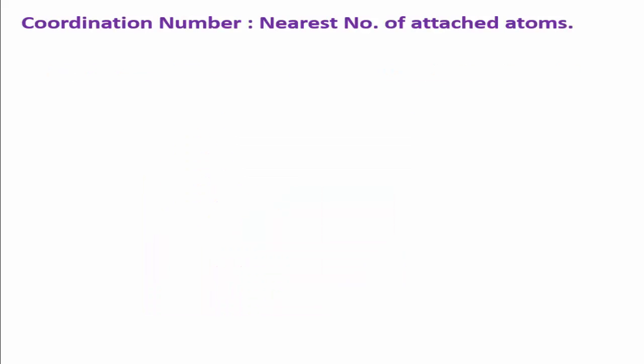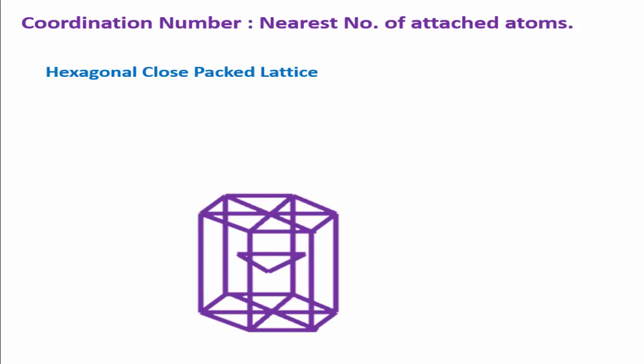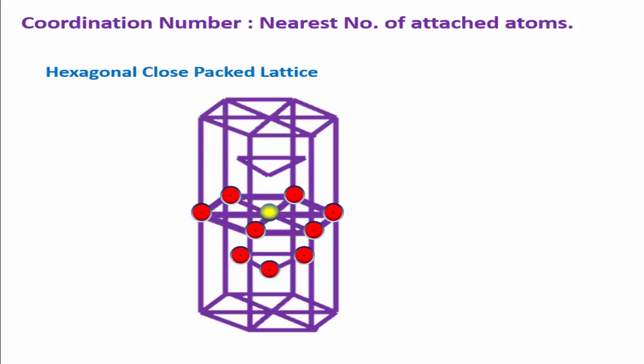Next we move to the coordination number for the hexagonal close-packed lattice. Consider this HCP lattice and consider the atom which is present at the center of the face. This atom is touching 6 atoms at the corners of the face. In addition to that, it is touching the 3 atoms which are present at the center of the unit cell. And as we know, the face-center atom is shared by 2 unit cells, so it is also touching the 3 atoms at the center of the upper unit cell. So the coordination number for the HCP lattice is 12.